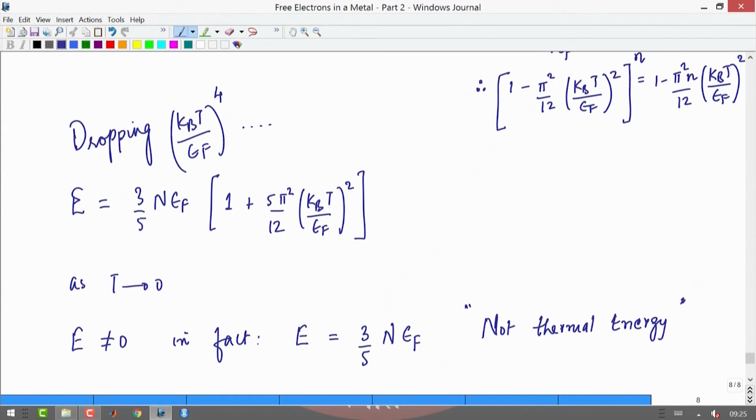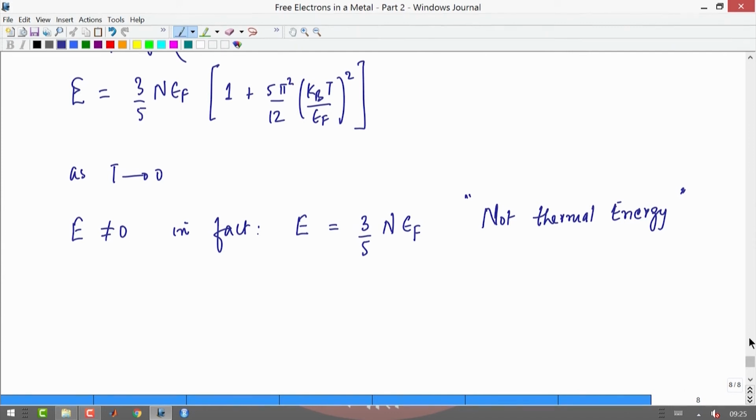This energy is not thermal in nature, it cannot give rise to any conduction, and this energy purely is a consequence of the Pauli's exclusion principle that drives electrons to sit at different energy levels in a quantum system, okay. So, at temperatures that are non-zero, okay, I can write down my energy with this expression, let us call this the final result,